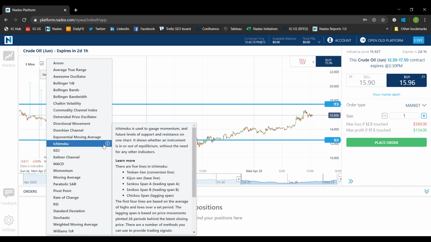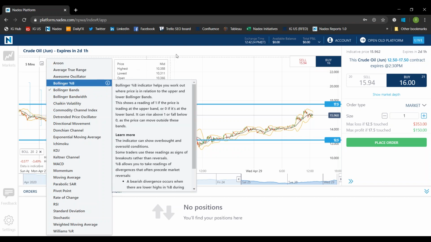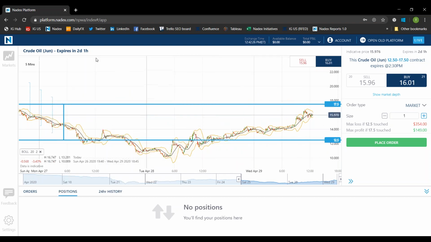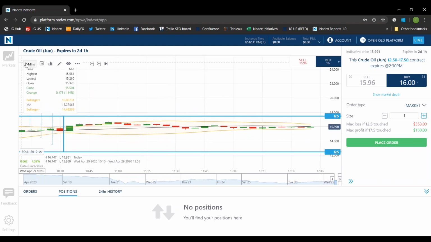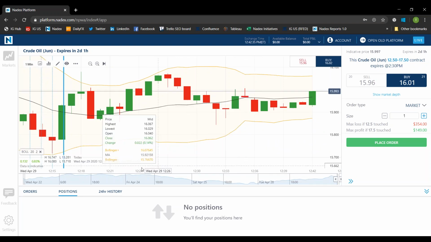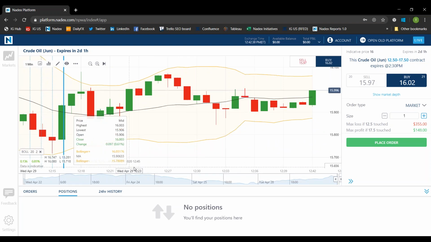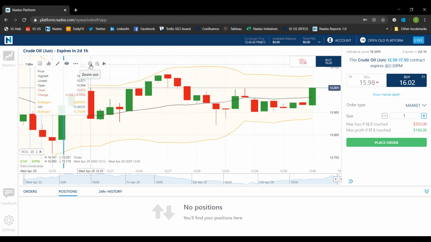tell you. So for instance, a lot of people like to look at Bollinger Bands to look for levels where there could be potentially support or resistance based on movements around the underlying. If I were to click on that, it will populate the chart with Bollinger Bands. Let's zoom in so you can actually see those a little bit better. There we go. And it can help you decide if there's levels where you might want to potentially look